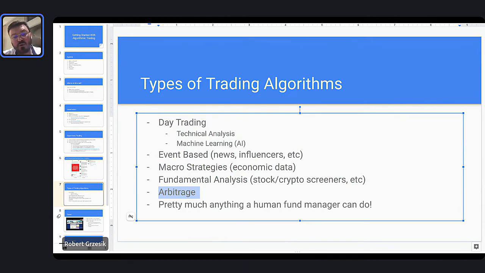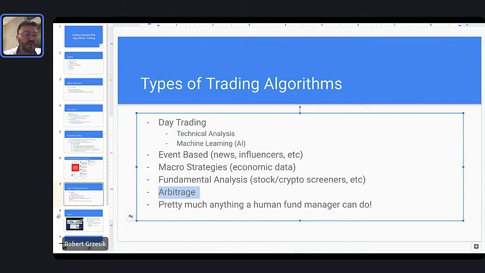But today, another thing they could do is arbitrage. A lot of people that come to us, there's quite a few people that want to do arbitrage. It's not an easy one to do, I'll tell you that much. It's basically free money. You can think about arbitrage almost like what if there were $100 bills just lying all over the place and you just had to pick them up?